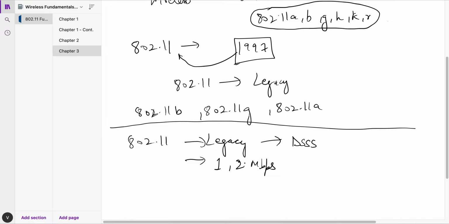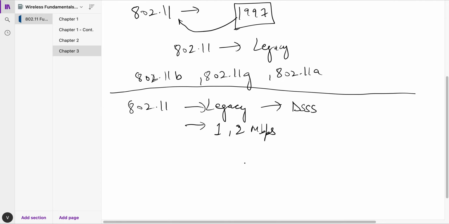Now, this is from a time when we already had fast Ethernet ports on the wired side, and we were now about to get 1 and 2 Mbps of traffic on the Wi-Fi, which was good enough, but we always want more, right? So when 1 and 2 Mbps came into the picture, we wanted to go beyond this. We wanted to, of course, get some more data, and hence we developed a standard called 802.11b, which works on 2.4 gigahertz, and this uses the RF technology of